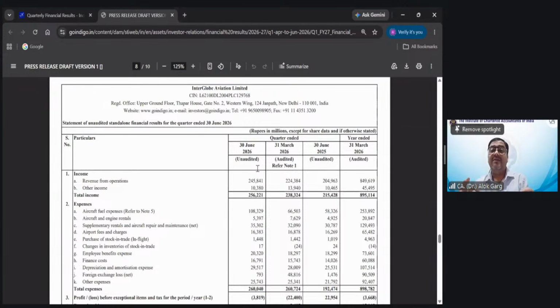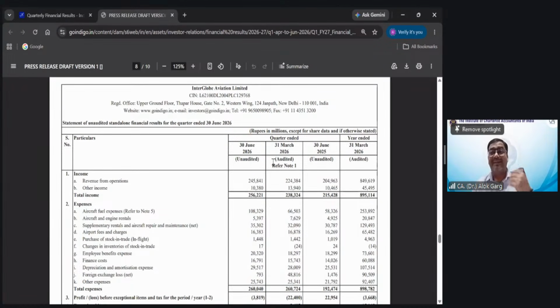Sai Kiran, SEBI LODR regulation 2015 is applicable to listed companies. In addition to MCA, SEBI is the regulator for listed companies. So the SEBI format requires that if you file the results of the current quarter, you have to give the comparative of the immediately preceding quarter also, right? And of course the corresponding quarter of the last year, and the last full year as well. Okay, so these are required.